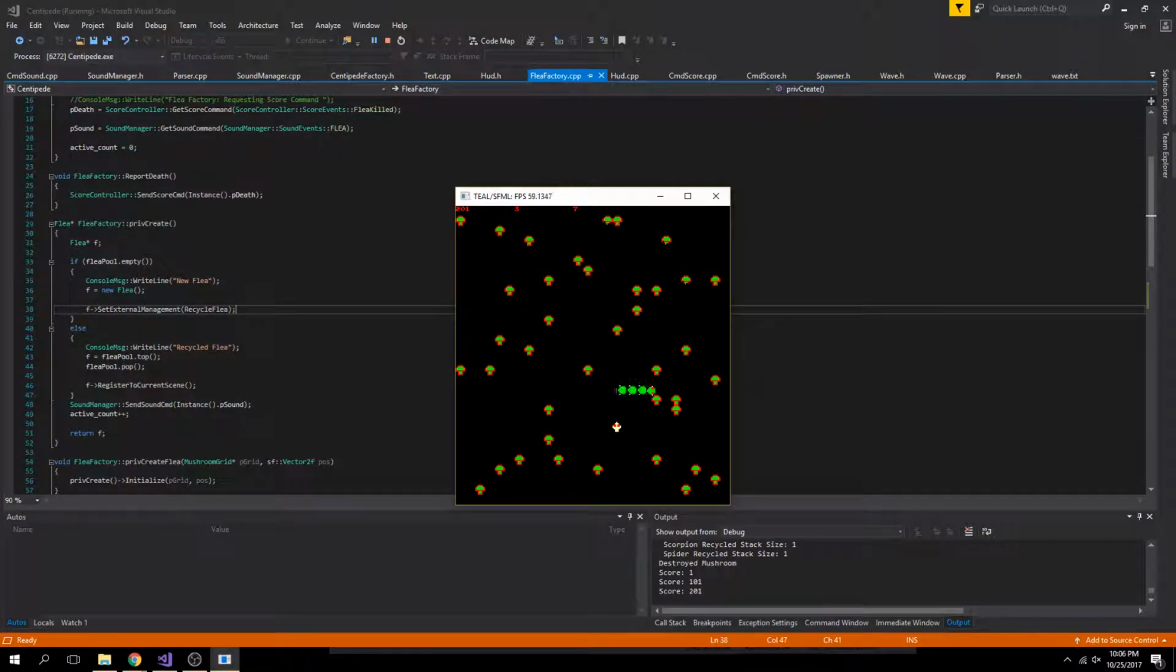So, I got around to working on the score controller and the sound manager. I made a parser for file handling. I made a main spawner that will produce the waves. I also made a couple spawners for the individual critters. And I started working on the HUD. So, just to showcase